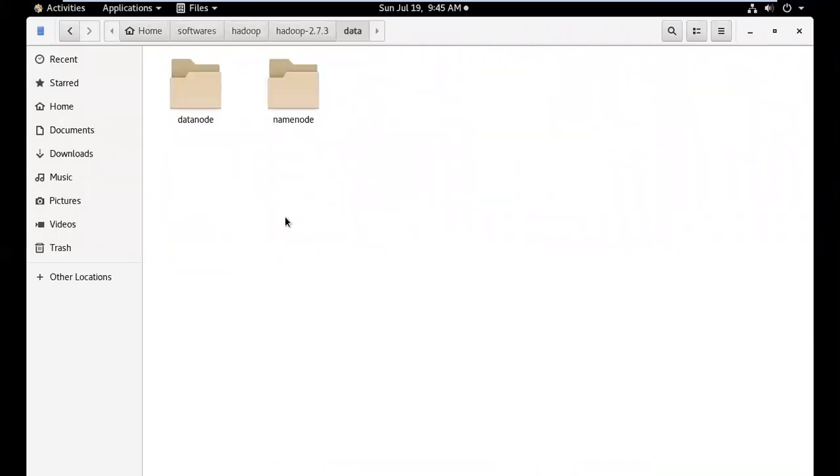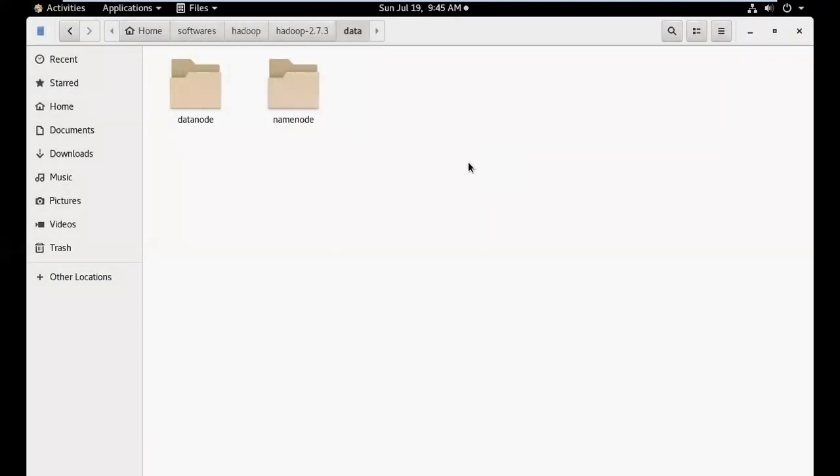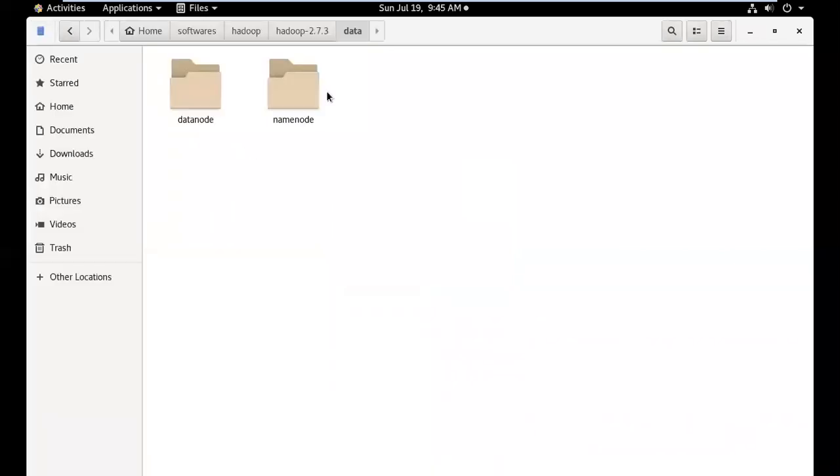Go to this data directory, and let me just put that path for you. Before starting, go to this directory, Hadoop 2.7 or whatever it is, and go to the data directory.